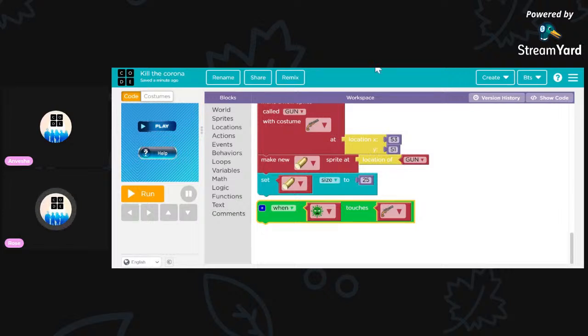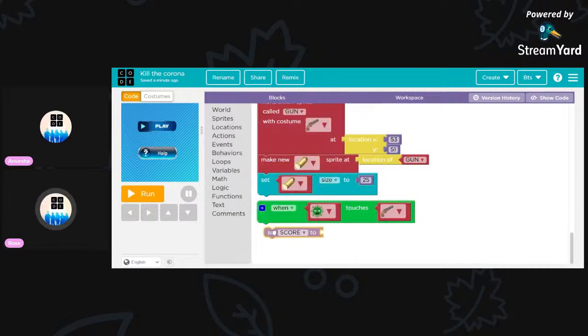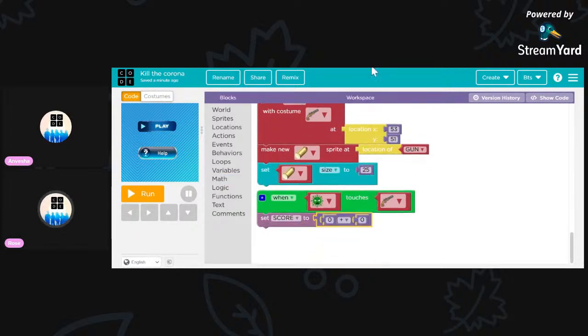Okay. So how do we change our score? To get that, you need to go to variables. Where is my variables at? And bring this set score to block and go to max and bring this block also. Listen, for making a score, there are many ways, but I know this is a bit harder way. But the other way sometimes